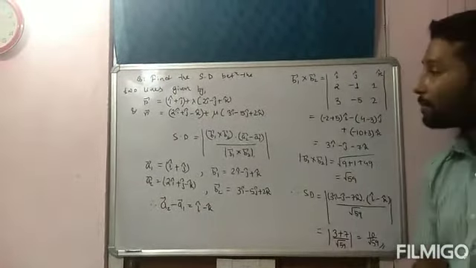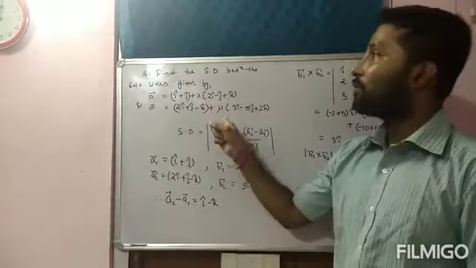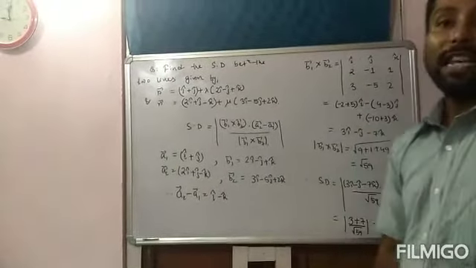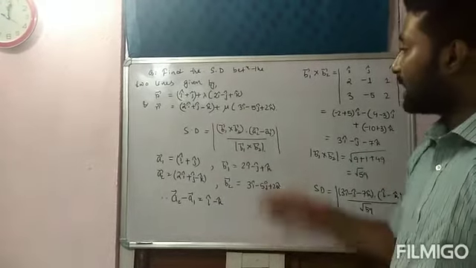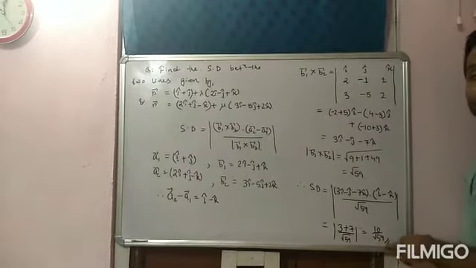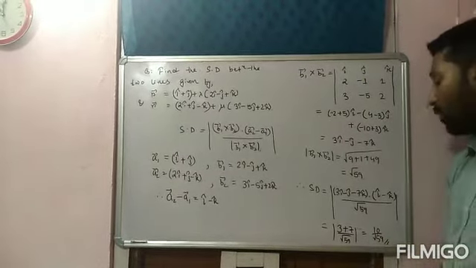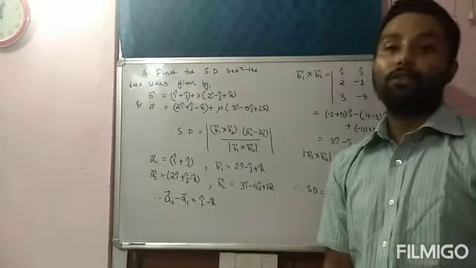lines. Why I'm mentioning the two skew lines? Because the coefficients of lambda and mu are not same. Since the coefficients of lambda and mu are not same, so we can say that the two lines are skew lines. So which is the required distance? 10 by root under 59. Always you need to give this modulus, because we can say that distance cannot be negative.